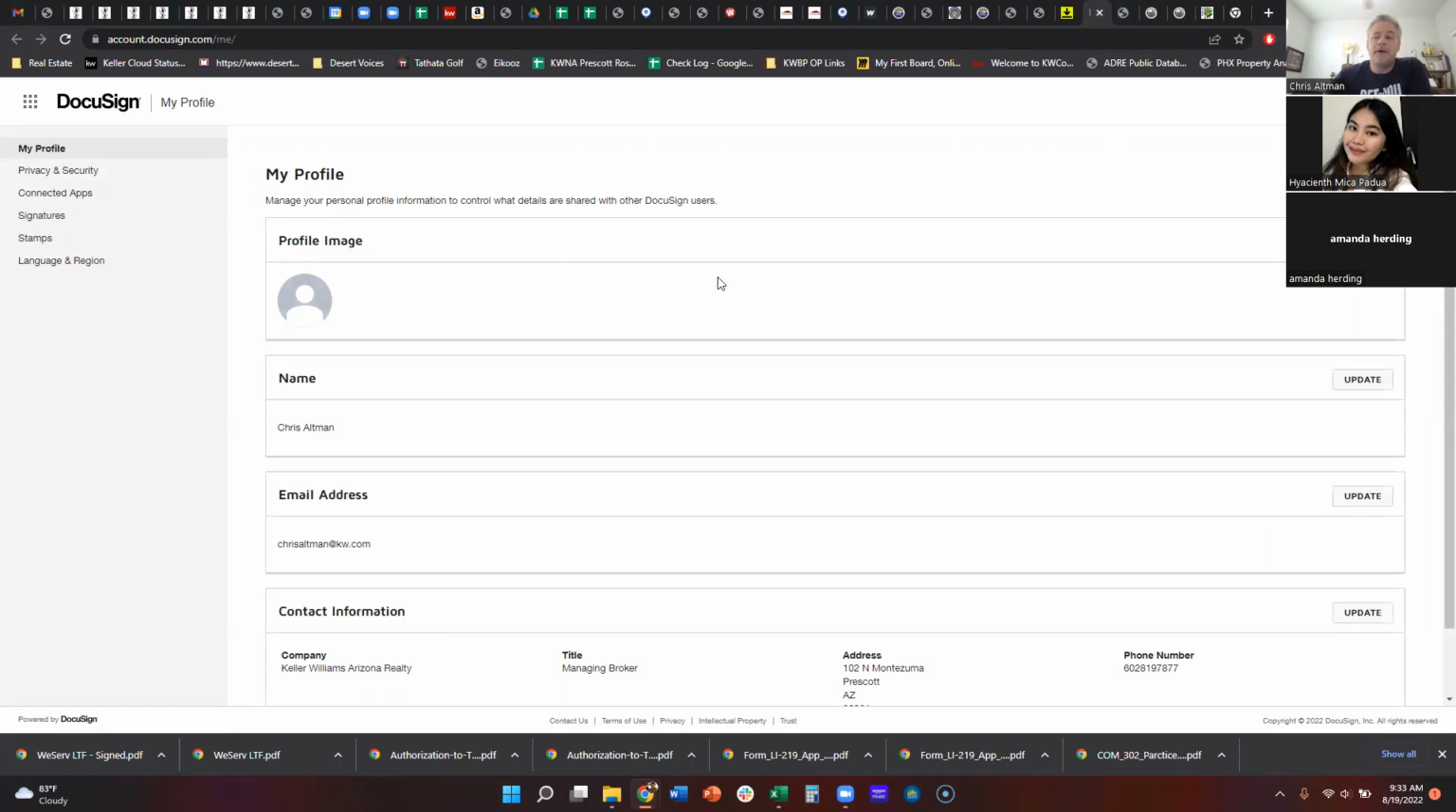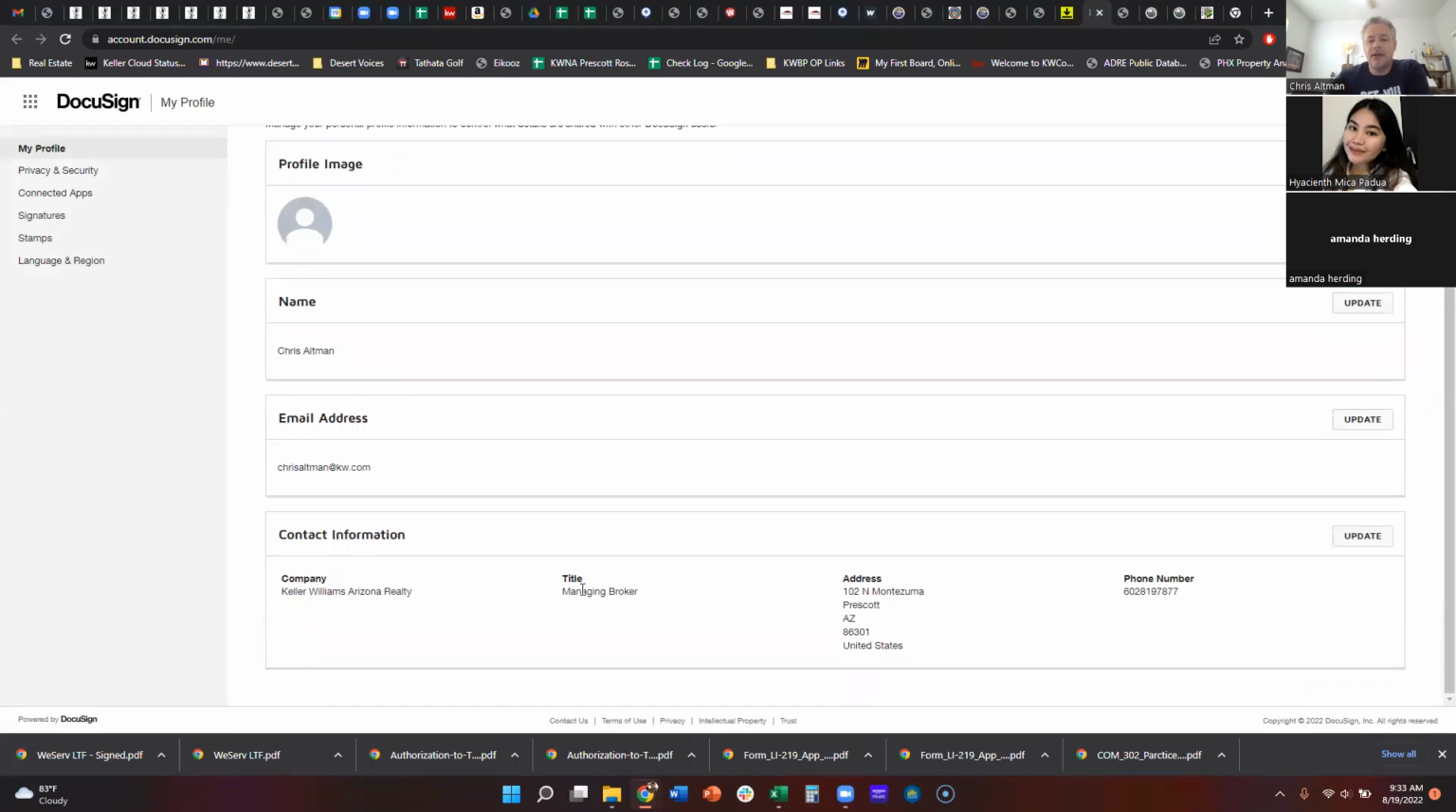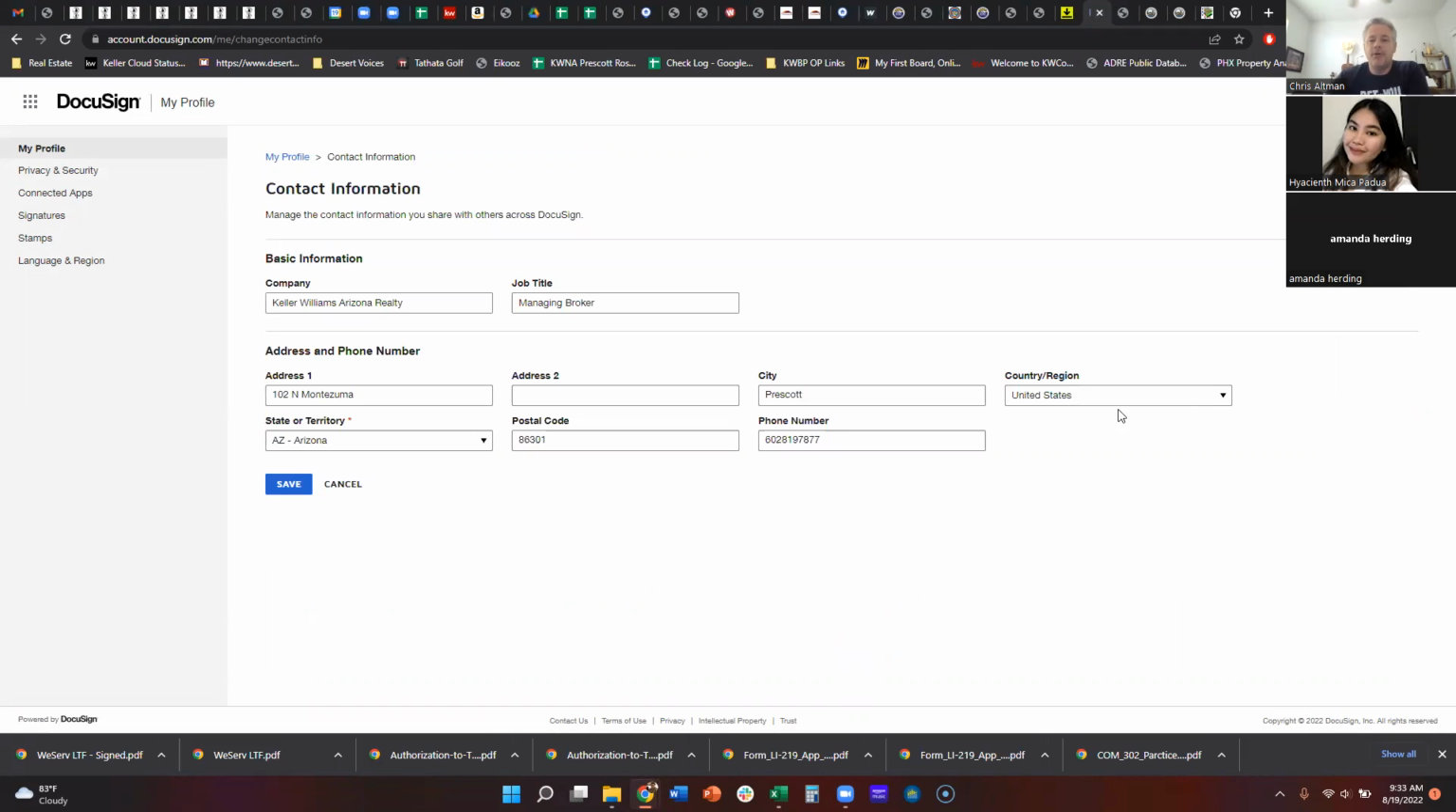So this is your profile. If you did want to update a picture of yourself, you can. This is your name, your email address. They're going to communicate with you. Contact information, you want to make sure this is correct. So you go over here to this update button right here, and you put in the information. Now, for what everybody just did, we want Keller Williams Arizona Realty, just like that. You don't have to put your job title in there. Your address, I'm in Prescott, but the address for everybody in the Biltmore is going to be 2720